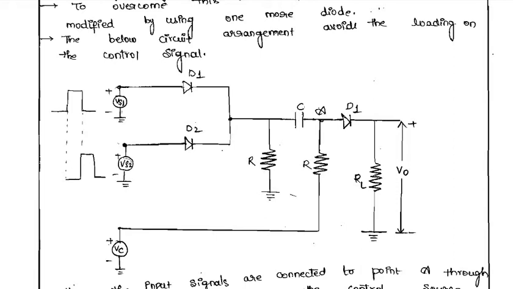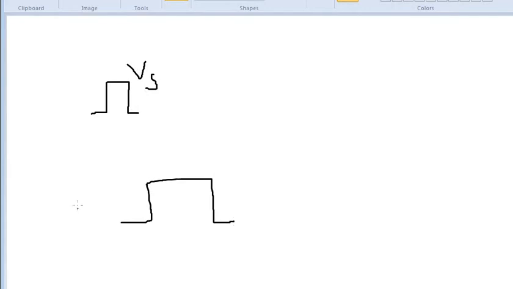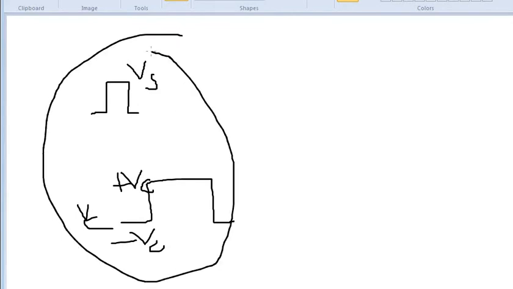I'll show. So students, listen here carefully. Whatever input signal we give, I'll call it Vs, and we have one more control signal, Vc. For this Vc it will be minus Vc or plus Vc. Now when you combine these two terms and give them to an input signal by using the diodes and the circuitry, you also get the pedestals.